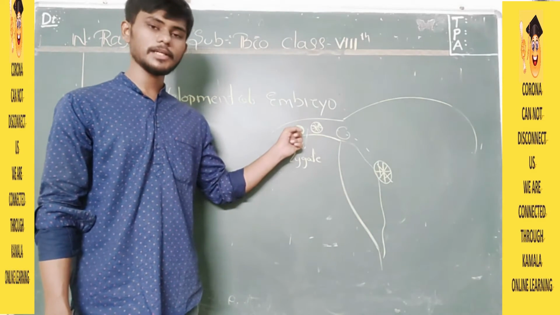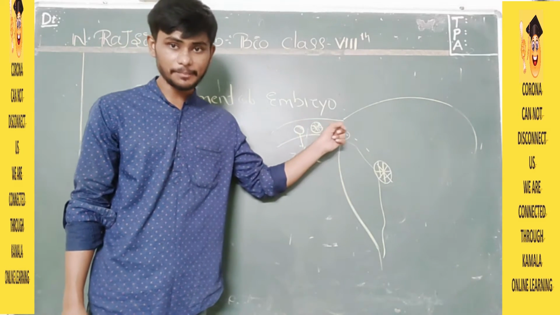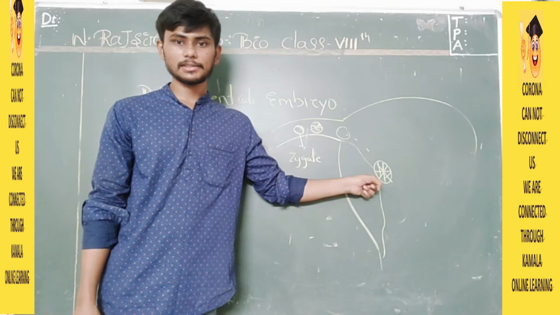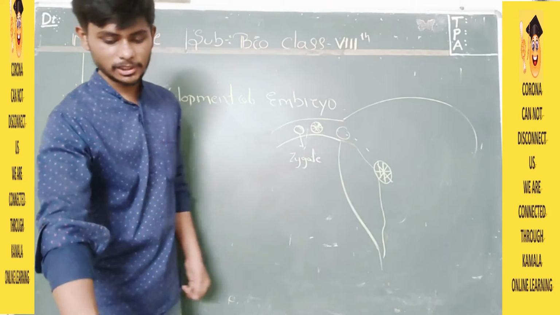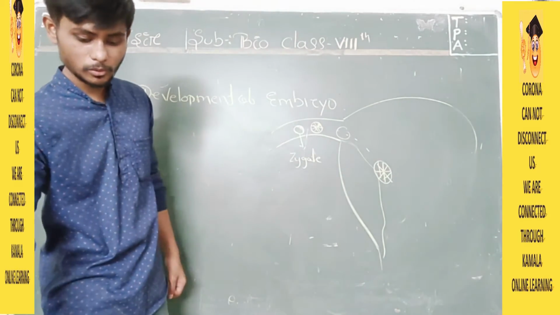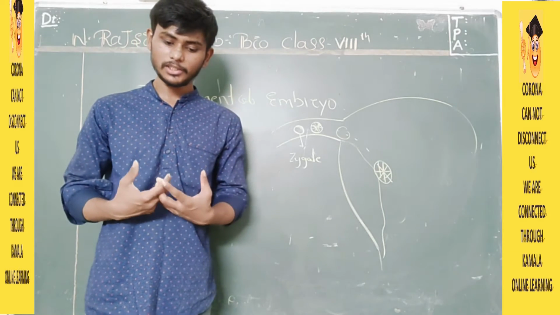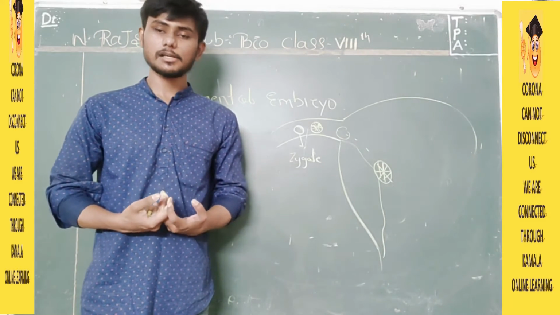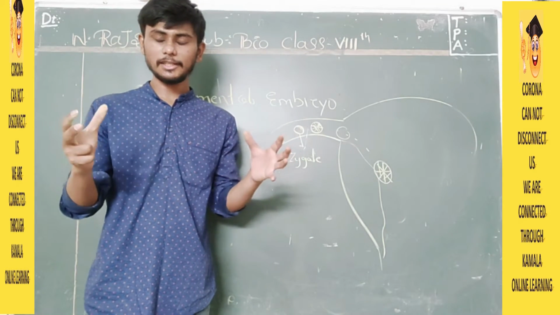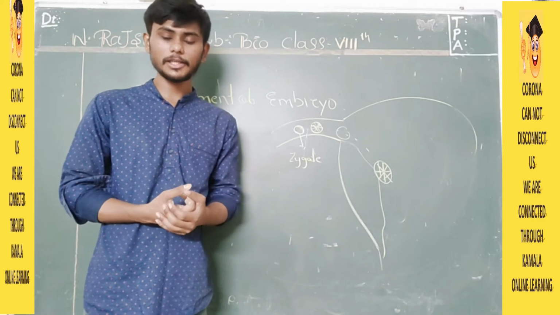From the fallopian tube, the zygote formation is done, and after zygote formation, it will start to develop as an embryo, and this embryo will be connected here at the uterus, and this process is called implantation. In your book, implantation is not given, but you need to know this. So the cells begin to form groups that develop into different tissues and organs in the body. This developing structure is termed as embryo. Now the cells after division will start to multiply, and after multiplication they will form tissues, they will form a number of organs. Okay.